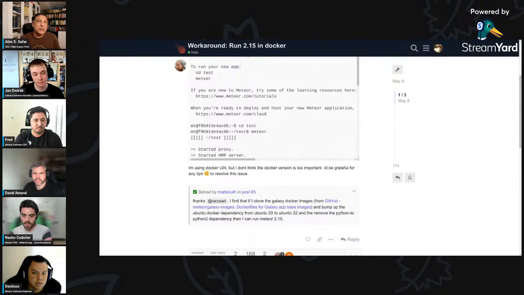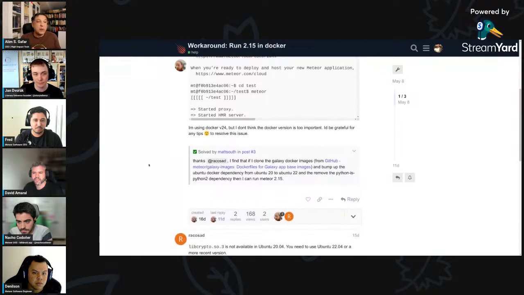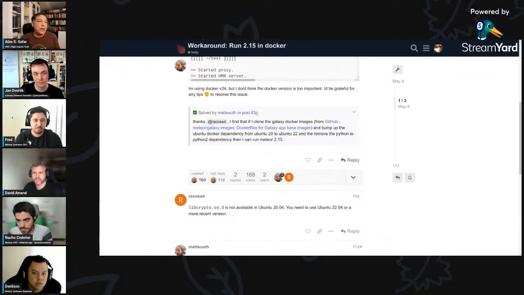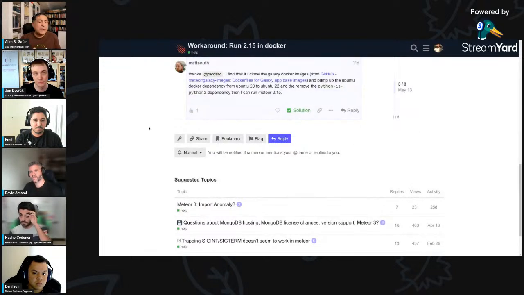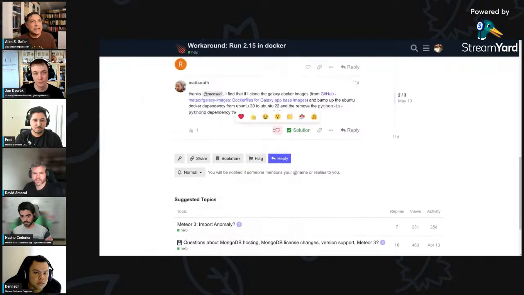So this was a request for help, and the person that posted there found a workaround to it. It was cloning the Galaxy base image, changing the dependency to Ubuntu 22, which does support libcrypto.so.3, and then removing this library Python. I think it's a library, but it's a dependency. The Python is a Python 2 dependency there. Now, the question I have is whether or not this is still an issue for 2.16. I don't know.